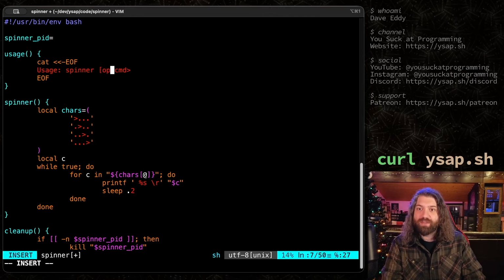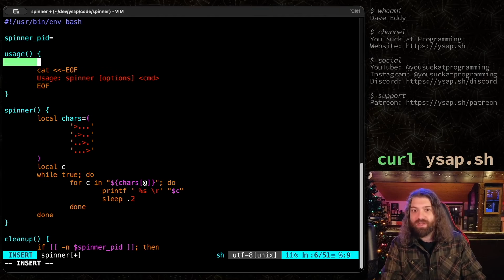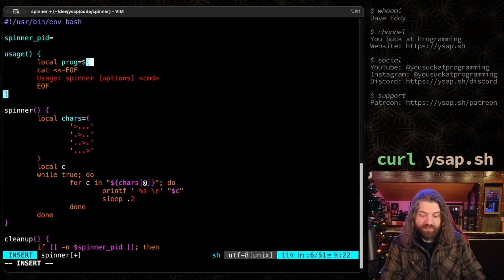But I'm going to do this. I'm going to say options here, and we're going to add some command line options. We haven't gotten there yet. Before we continue though, look at this. I hard-coded spinner. You don't need to do that. We can get the program name from $0, and we can take the base name of it. So